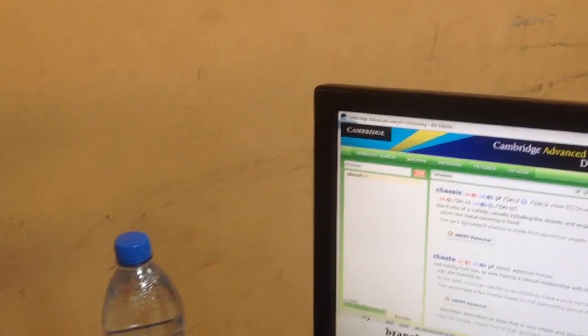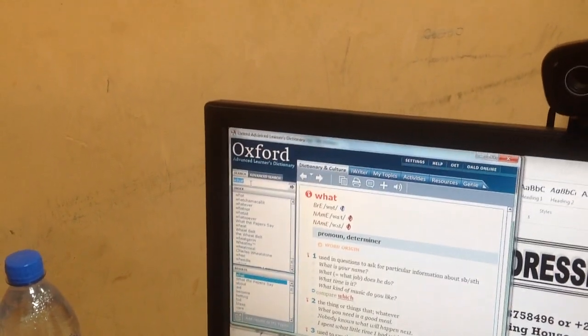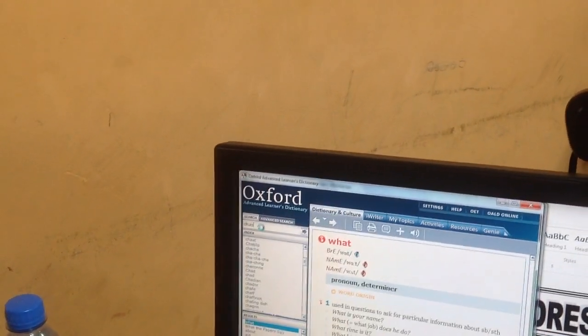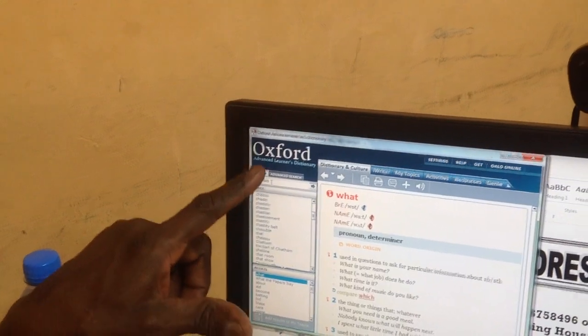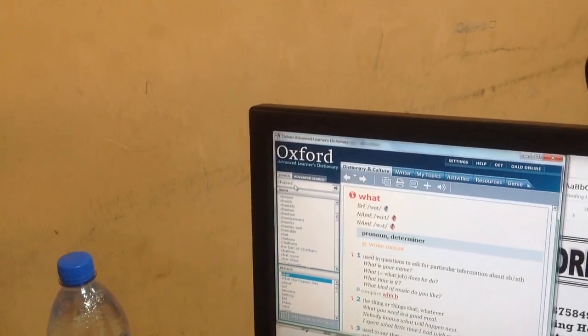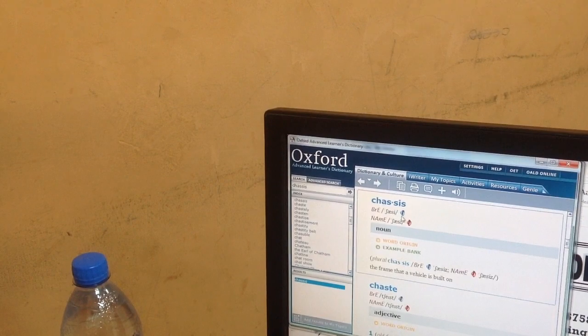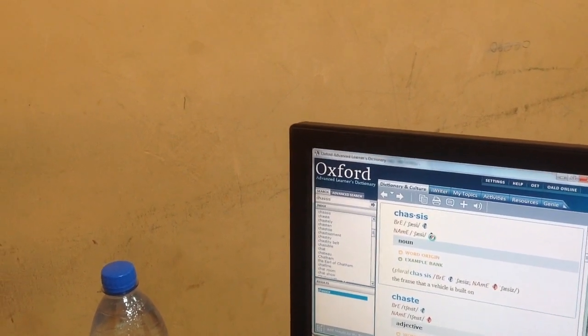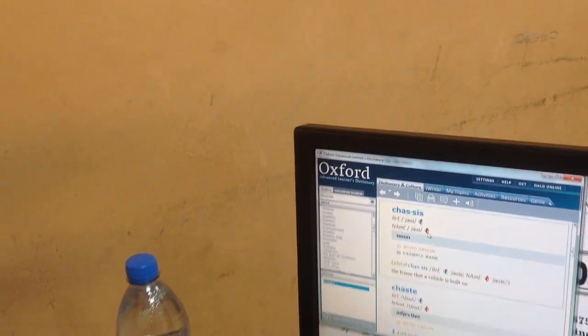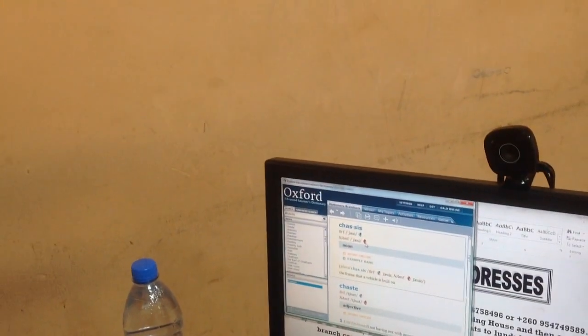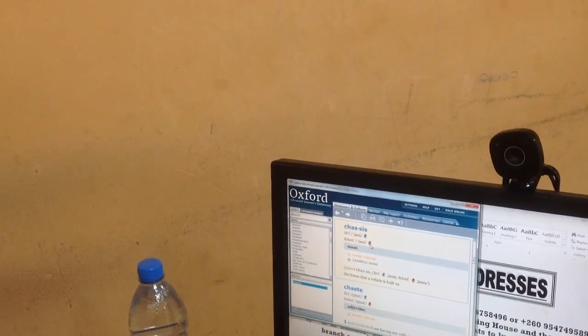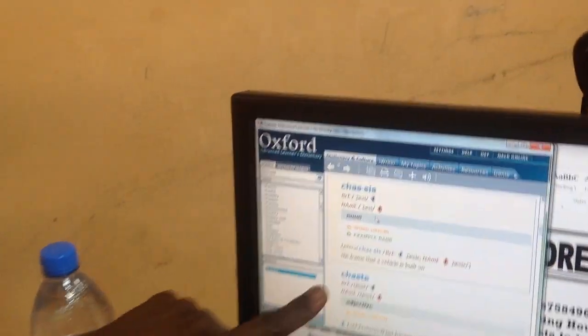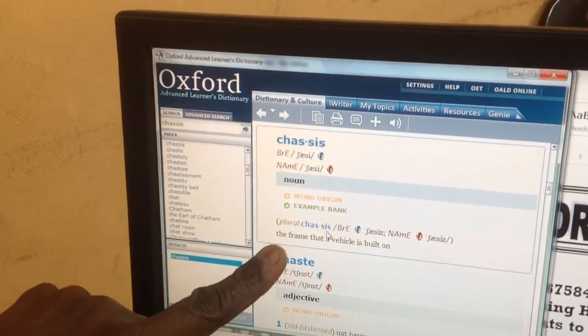Let's go to the Oxford then and get the same information. You can see we are now with the Oxford Advanced Learners Dictionary. Listen. Chassis. Have you heard that? And the Americans? Chassis. So there is no "chassis" the way the Cambridge has done, as far as the Oxford Advanced Learners Dictionary is concerned. It's just chassis. And the plural of chassis is the same spelling, except that that same spelling would now sound Z.